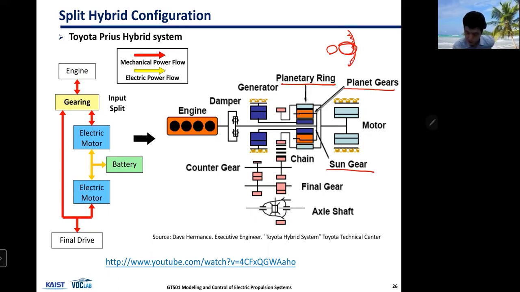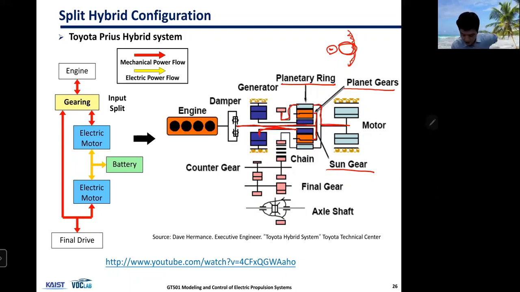And so this is from the side view. If you look at this planetary gear set, there are three shafts coming out. There's a planet gear carrier that's carrying planet gears, and there's a shaft coming out of that. And then there's a ring gear shaft, which is connecting the motor and the final drive. And then there is this sun gear, which is connected to the generator. So there are three shafts coming out of this